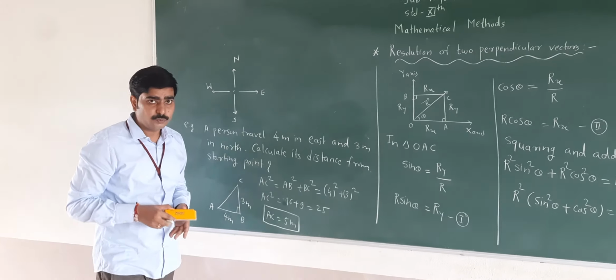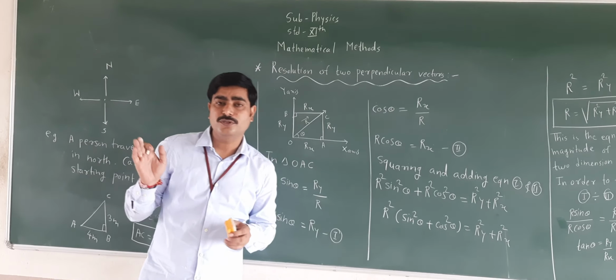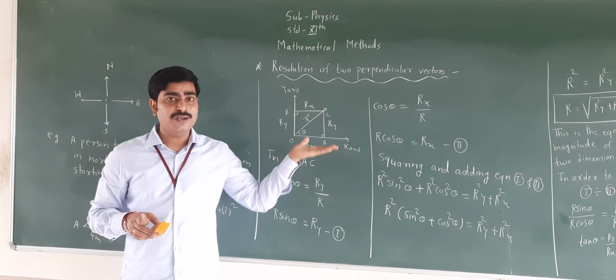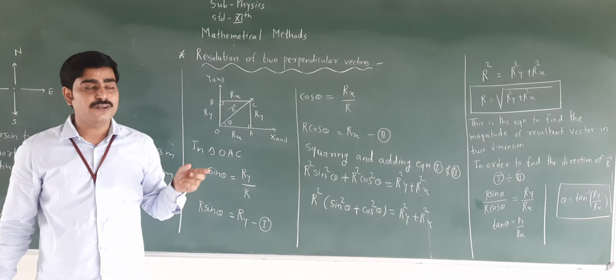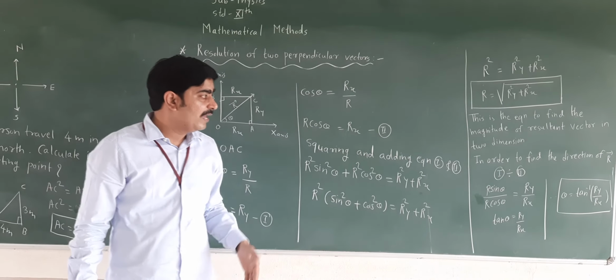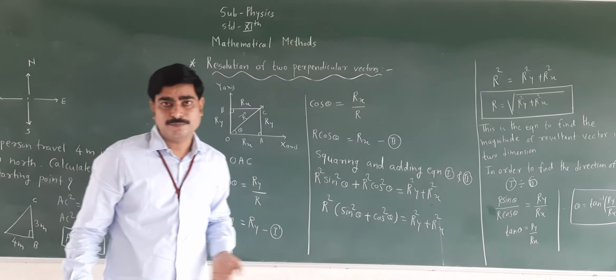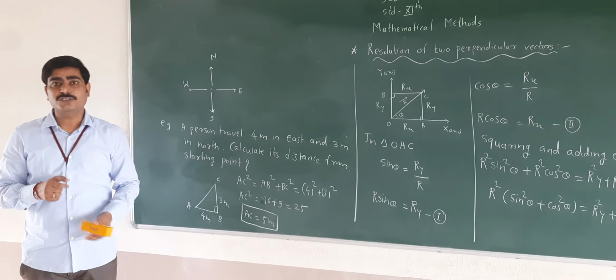So friends, today we have seen what the resolution of vectors is and how vectors can be resolved into 2-dimensional and 3-dimensional components. Again, for the 2-dimensional component, we have seen the formula R is equal to under root Ry square plus Rx square, and theta is equal to tan inverse Ry upon Rx. So I hope you have understood this point, and try to make the notes properly.